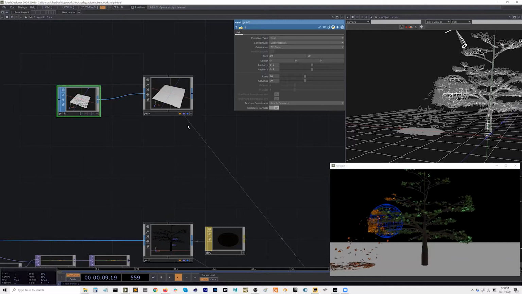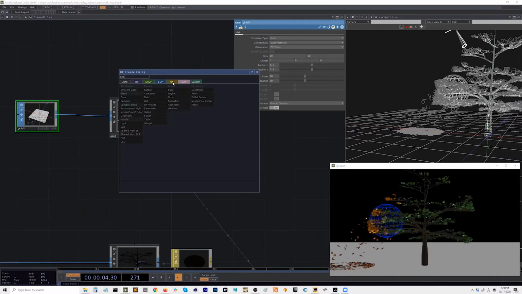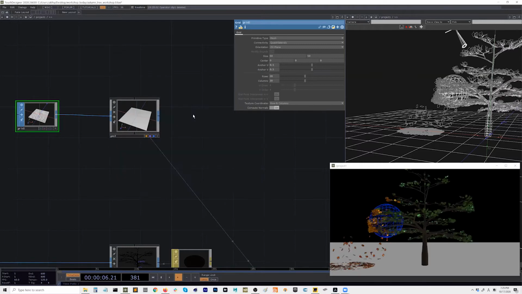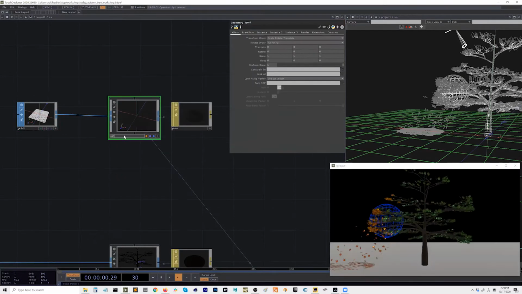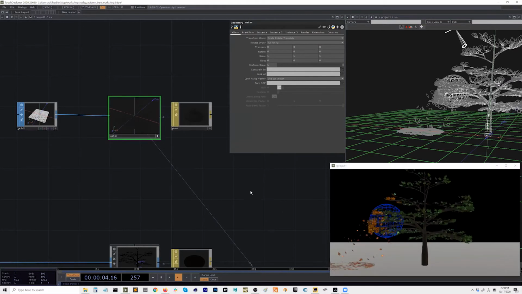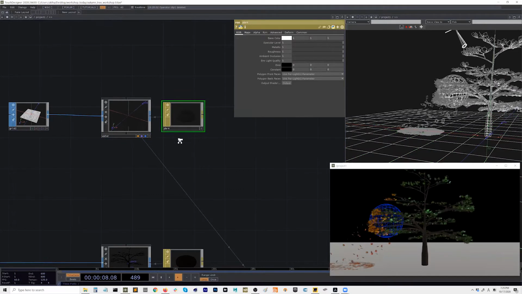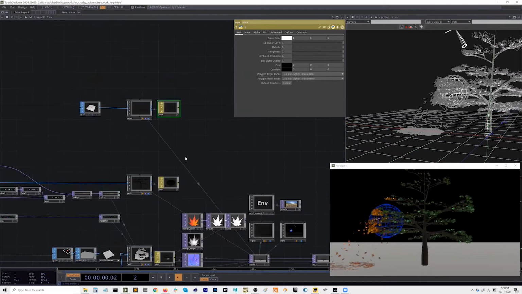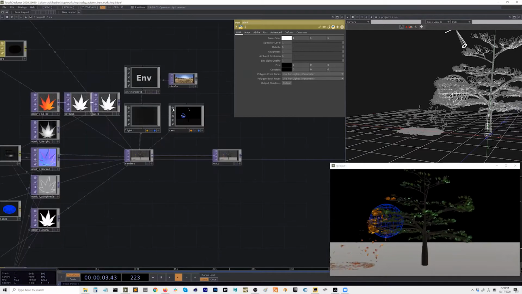Okay, so how are we gonna do it? We are gonna use PBR material again and assign it to my, we can call it water. I renamed it to water. And yeah, it's sort of a fake reflection trick that we are going to do. So how are we gonna do it?